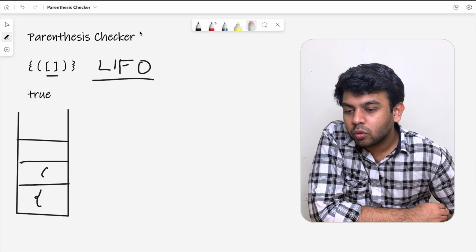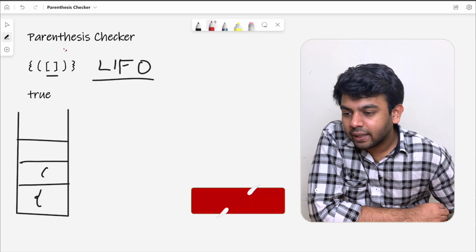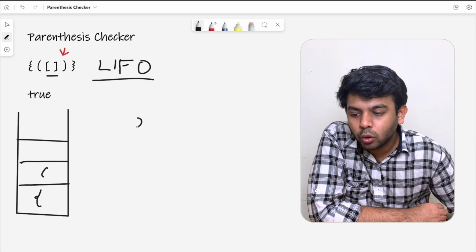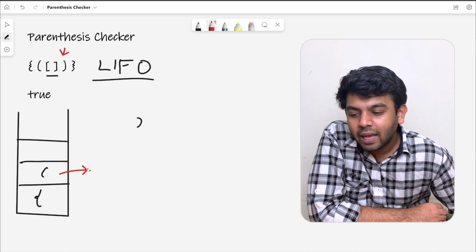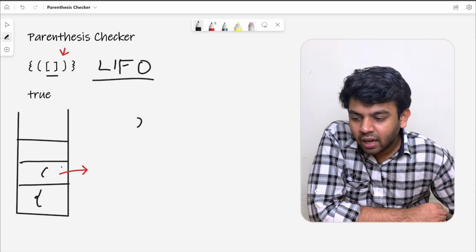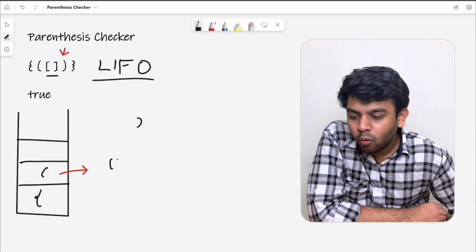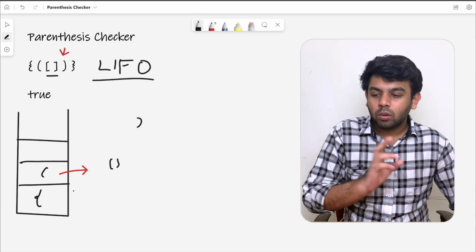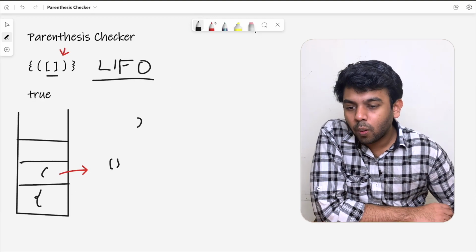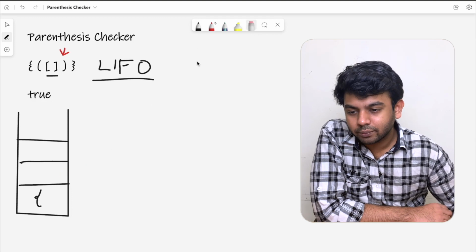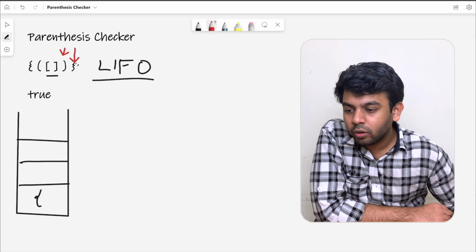Now we are just going to move to the next element, and the next element is closing parenthesis. So whenever you see a closing bracket, what do you do? You check if the top of the stack has an opening bracket which matches with this. At the top of the stack we have opening parenthesis, and now we are at closing parenthesis. It matches, so not a problem. You are going to pop this element from the stack and continue with your work. Moving to the next element,